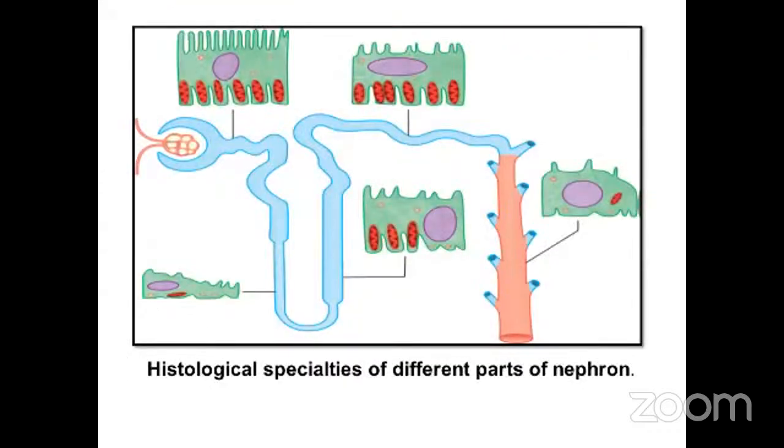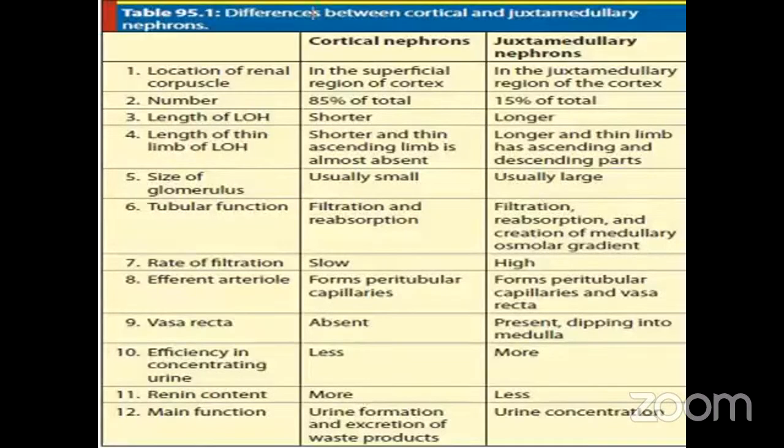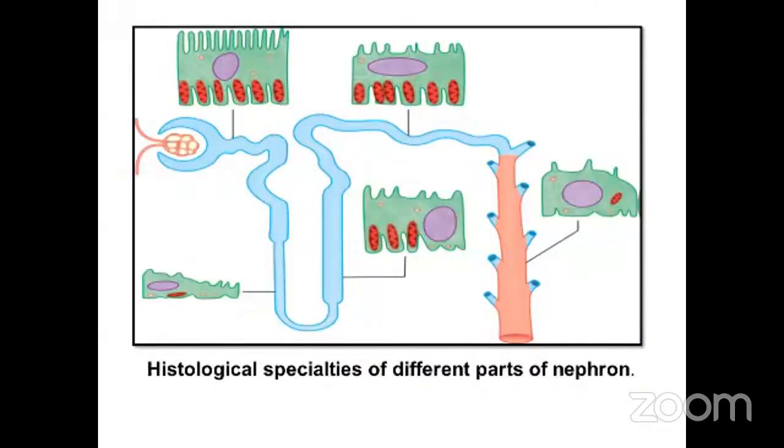The histological picture is different in the different parts of the nephron. In the proximal convoluted tubule, this is the histological picture: there are a number of epithelial cells with many mitochondria present. In the loop of Henle, the cells become flat. Again, in the ascending limb of the loop of Henle, there are fewer mitochondria as compared to